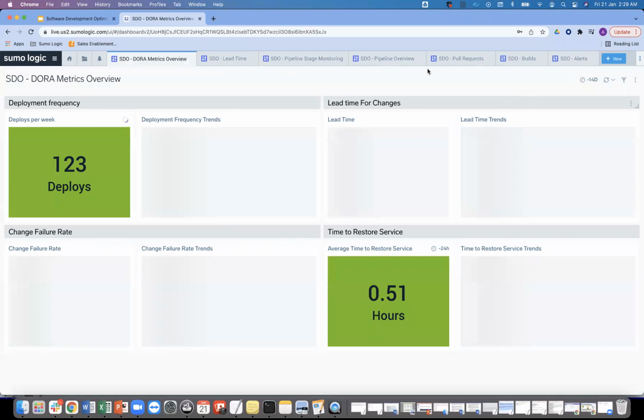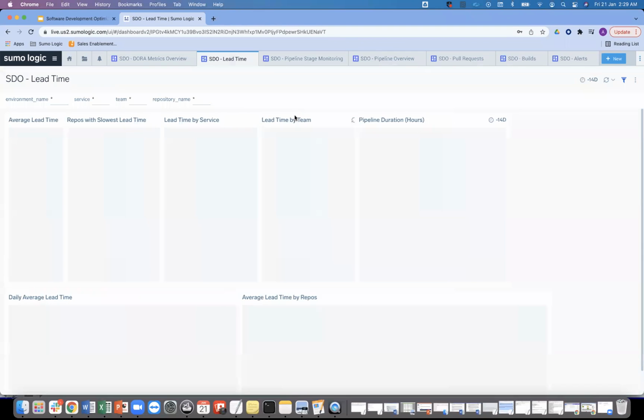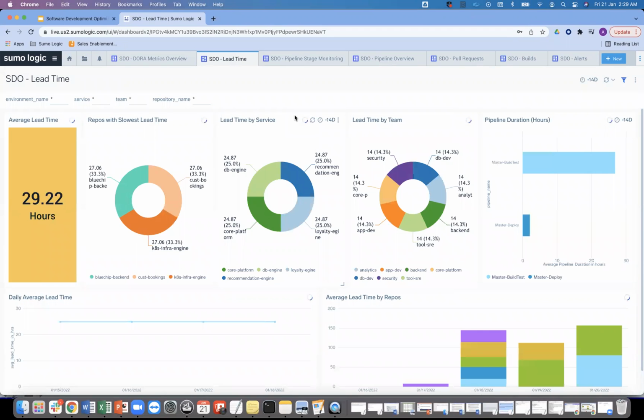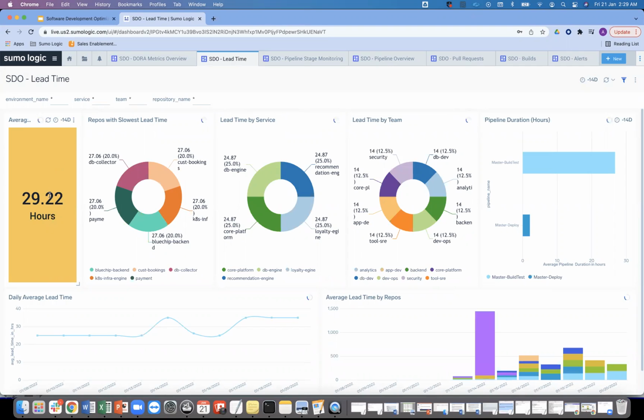Now, if I have to see that, let me click on that. So if I go to the lead time dashboard and see a breakdown of what is going on, I have the same average lead time again coming up here. And then I have a couple more panels which will talk about